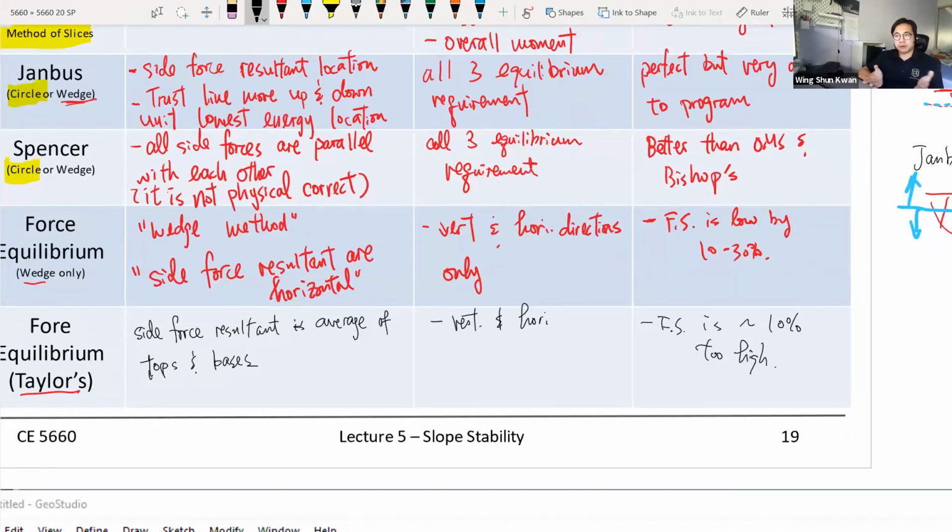You could be working for a firm or starting your own business at the beginning. You can't afford buying something like GeoStudio. Then based on what you have, you need to come up with an analysis, and you need to know the advantages and disadvantages of each method. Even if you work for a top-notch firm, and they can subscribe to whatever computer package they have,